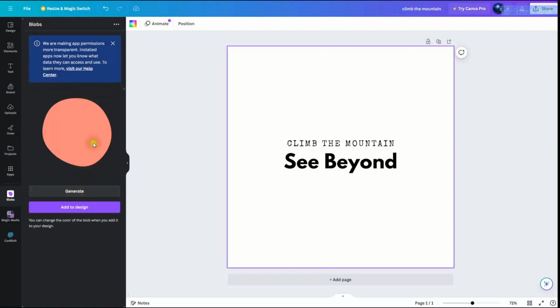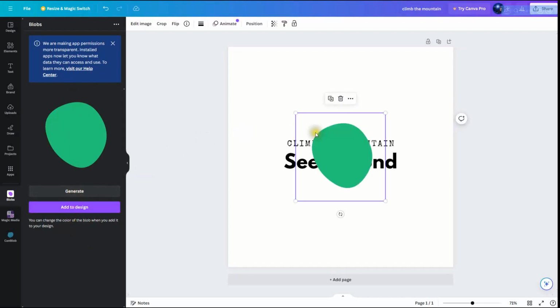The way it works is it gives you a blob, and if you would like it, you simply click on Add to Design. However, if you don't like it, click on Generate to make another blob. So you keep on clicking on Generate till you find one that you like. Now I like this one, so I'm going to click on Add to Design.